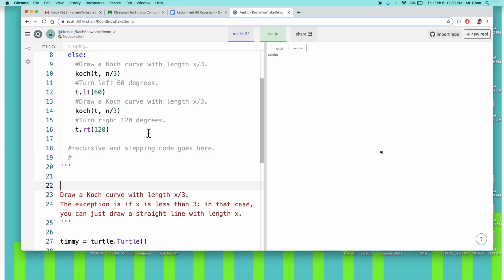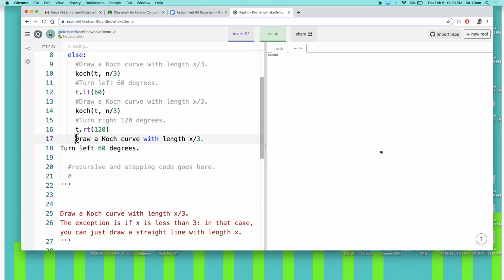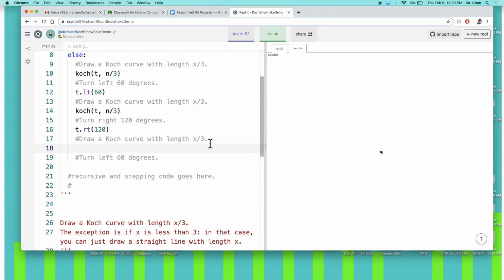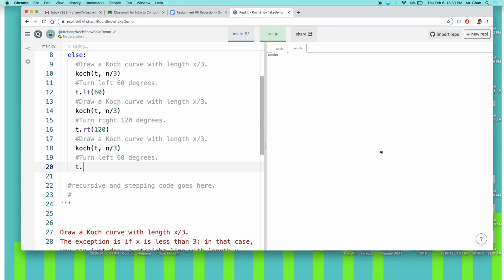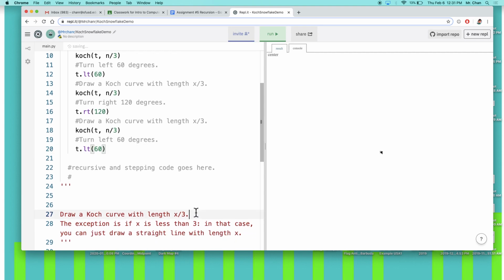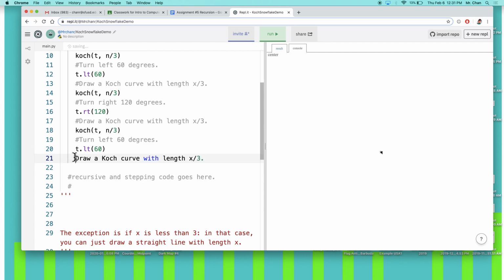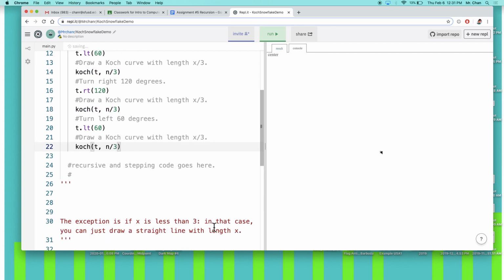Let's implement the rest of this. Okay, hashtag, Koch curve again. And then we'll turn left 60 degrees. Almost there. Okay, we know what that looks like. Copy and paste. Now here, the exception is